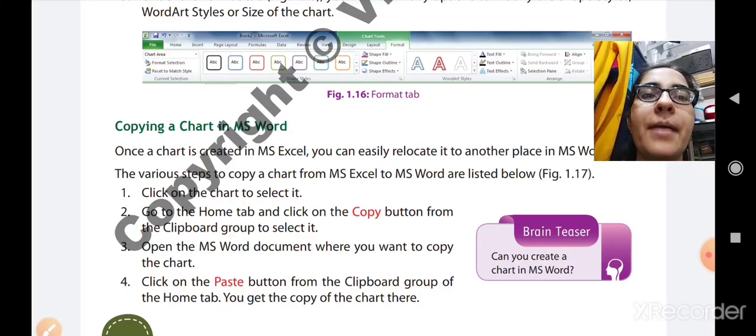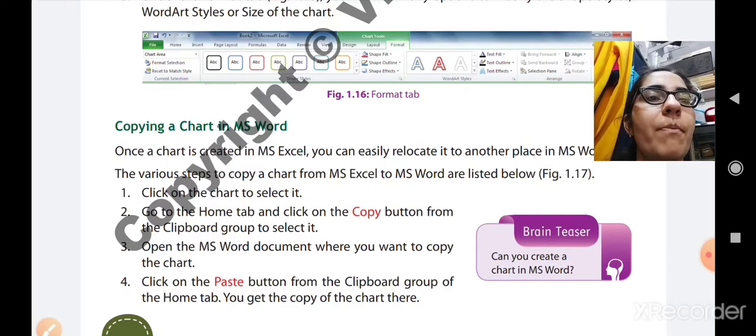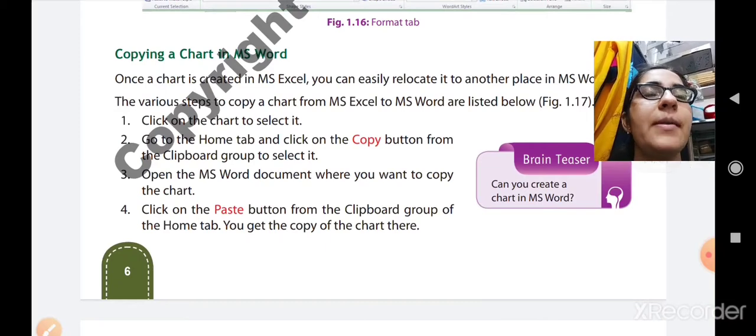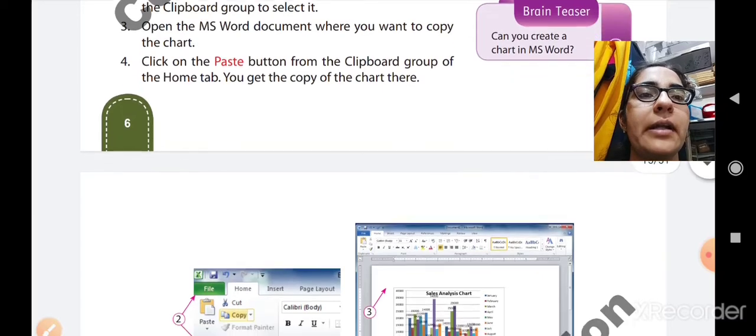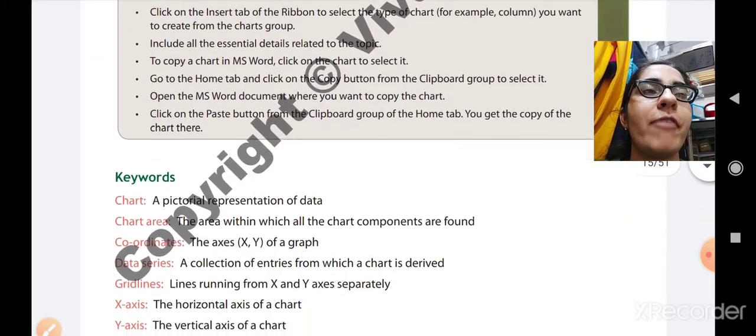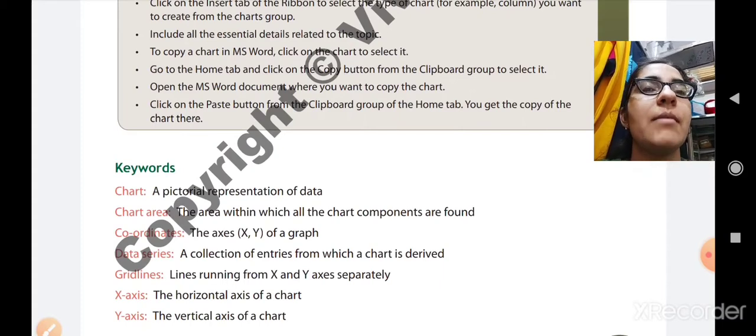Then click on the paste button from the clipboard group of the home tab. You will get a copy of the chart there. It means your chart will be copied from MS Excel and pasted into the MS Word document. Okay, so these are how to create a chart, how to modify a chart and how to copy a chart in MS Word.